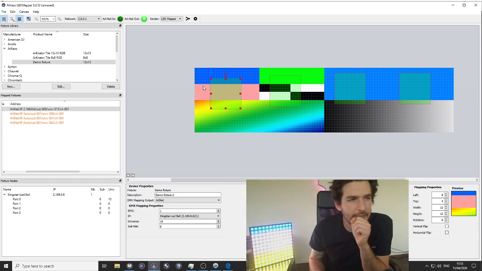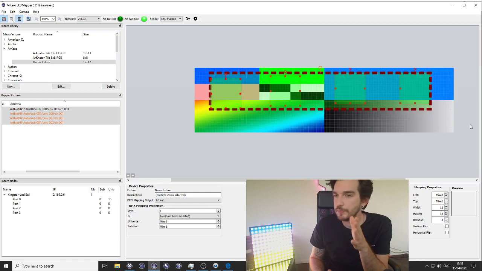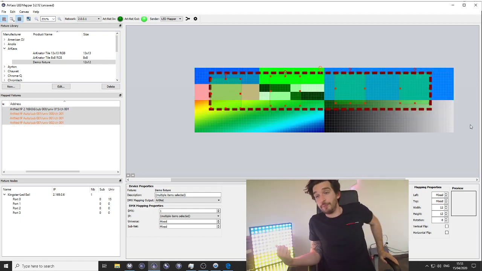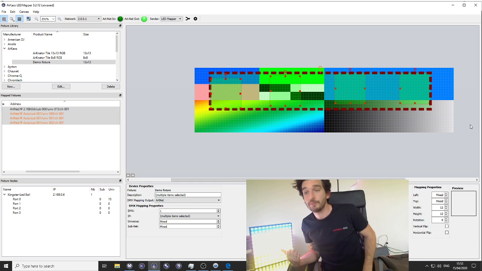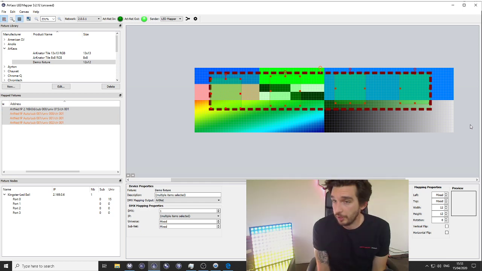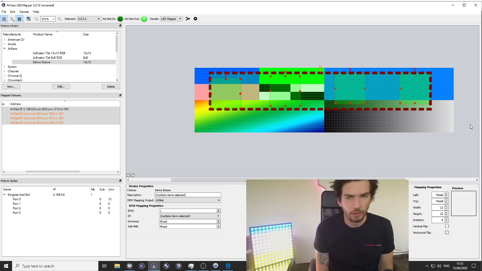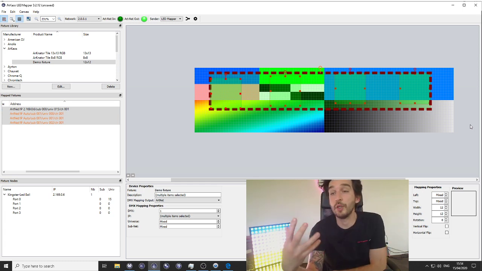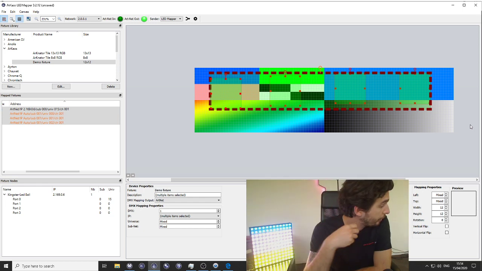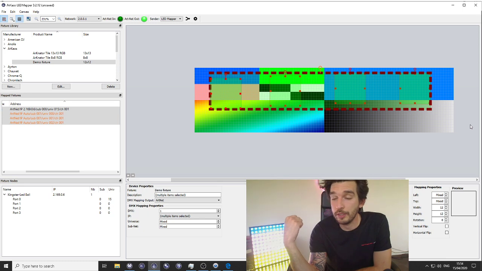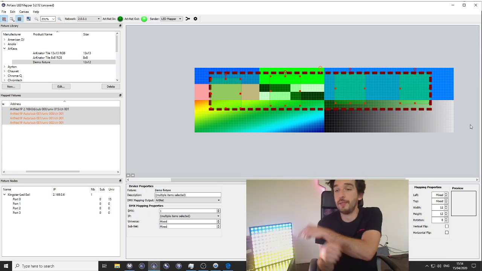Good. So that's basic setup with basic fixture. Just ArtNet fixture, but there is a little bit more of that from version 5.4, I guess. In 5.4, we introduced in the software ArtNet merging.